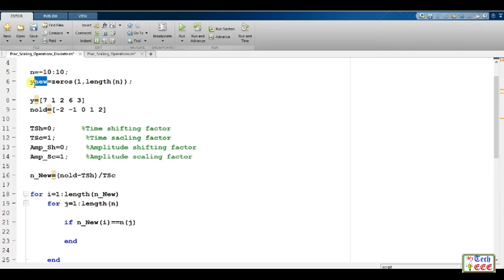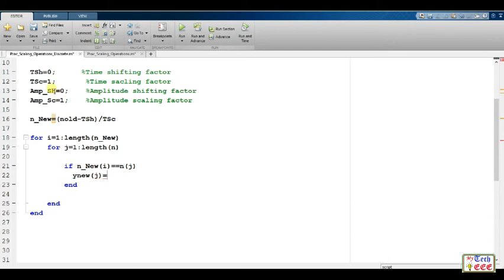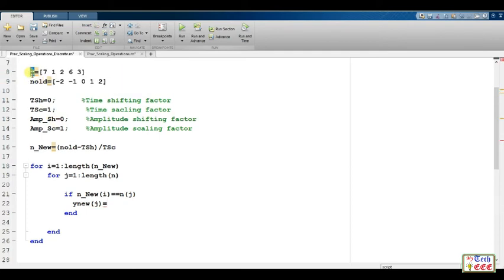Now let's do this. So here this variable whose indexing is j should be replaced with the elements of the y. That's it.